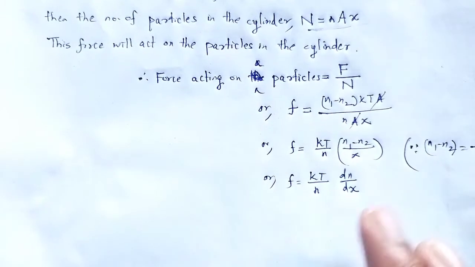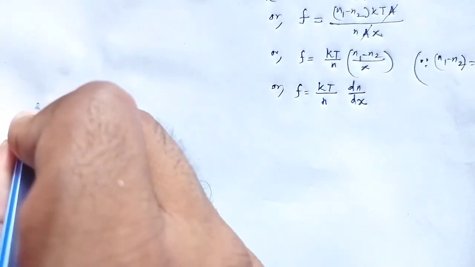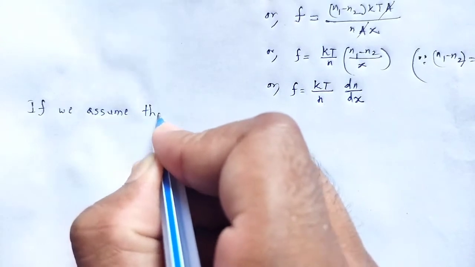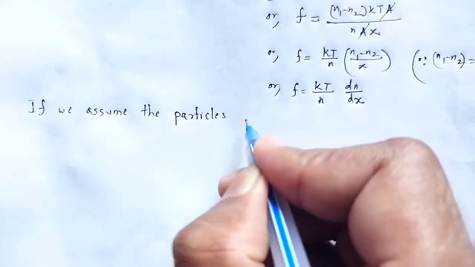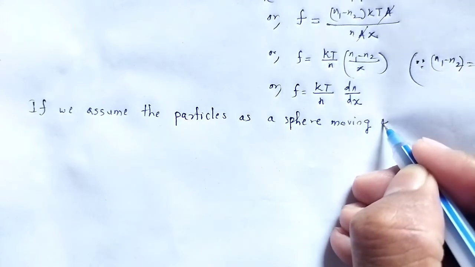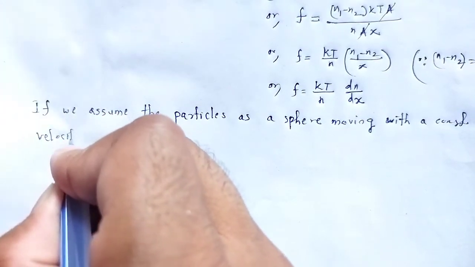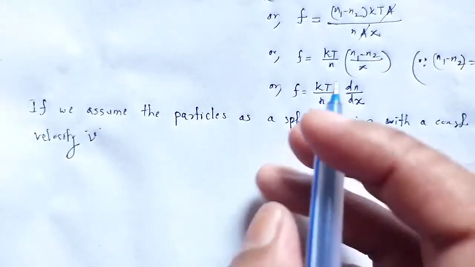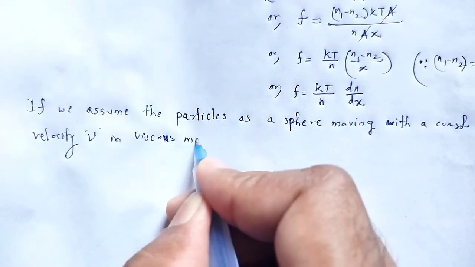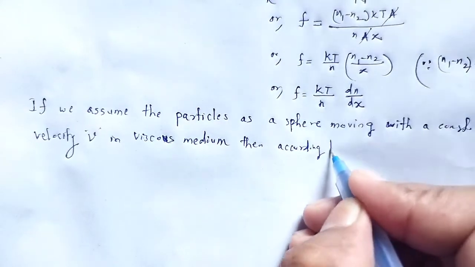Now, if we assume the particle as a sphere moving with a constant velocity small v in a viscous medium, then according to Stokes